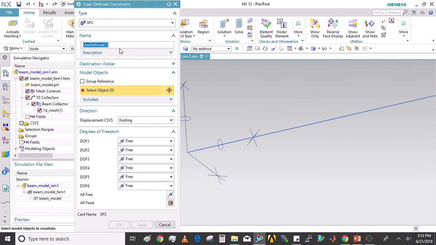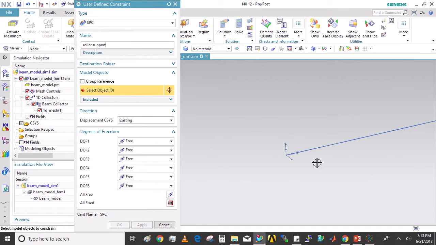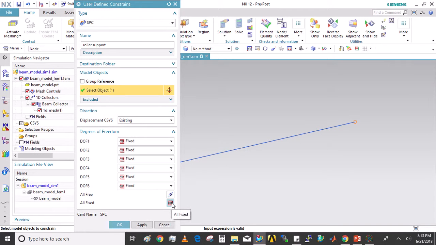This time it is roller support. So we'll select the node on the extreme right end. Make sure the type filter is node, and you will have node 61 there. Again we'll first make all fixed, and then we'll keep 1 and 6 as free, because this is roller support, and roller support allows the movement along the longitudinal axis, which is the x-axis here.